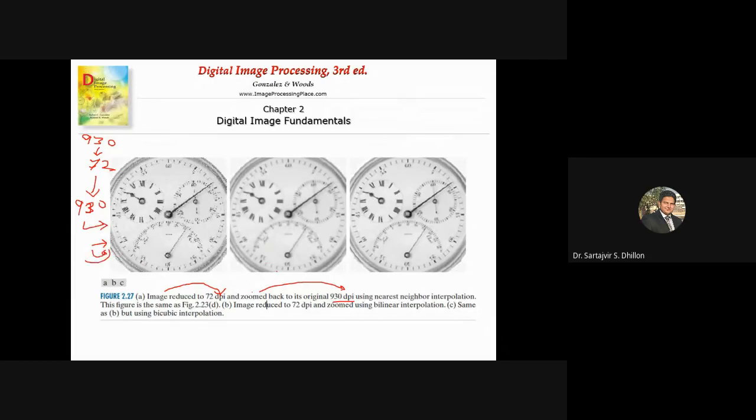And the second figure B, the image is reduced to 72 dpi and zoomed back using bilinear interpolation. So there is another method of interpolation, and there is a third method, bicubic interpolation. So now you can estimate which one is better, as compared to the images or output images,